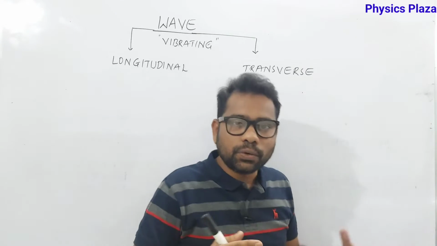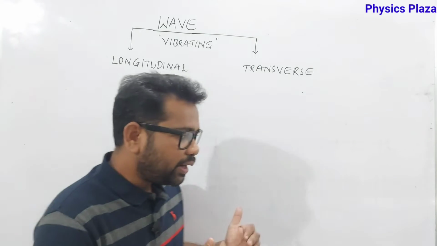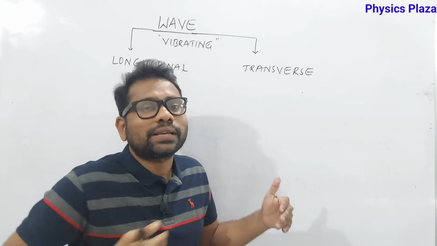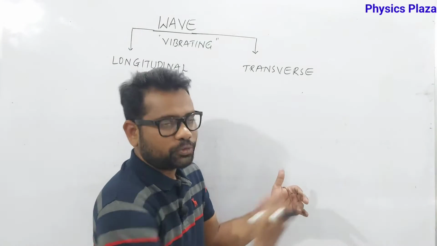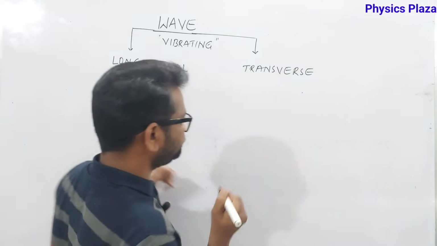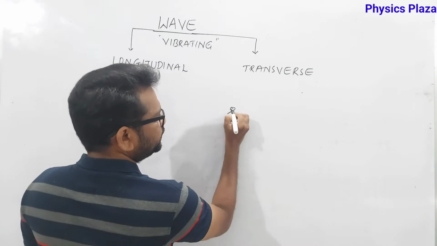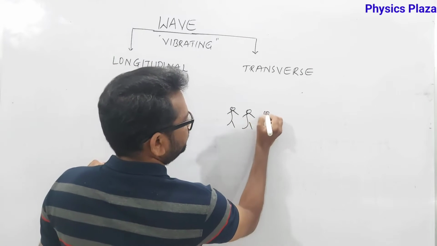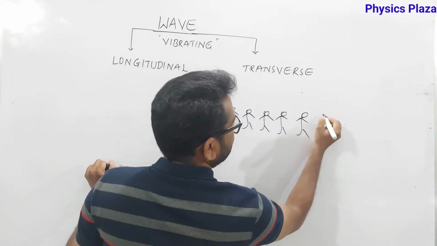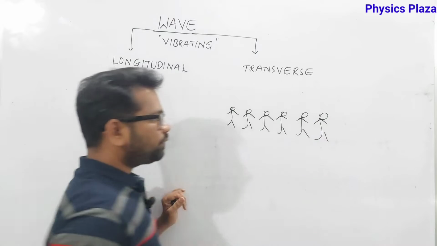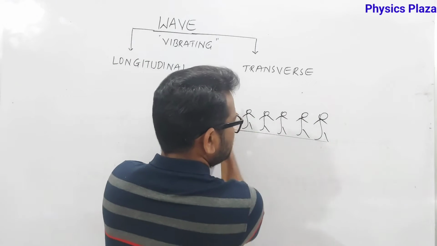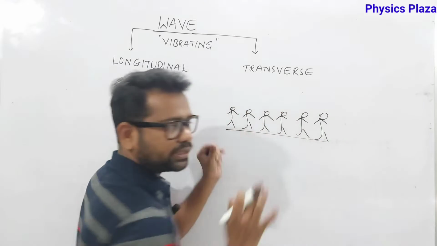Okay, that's fine. So just imagine a situation where some persons are standing in a row, in a queue. Let us say the persons are standing like this, and this much gap is not there, let us think. It is restricted till here so that no other persons can enter. This queue is completely filled, let us say that.